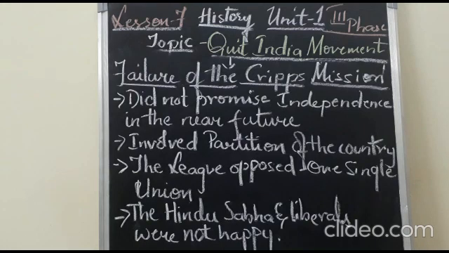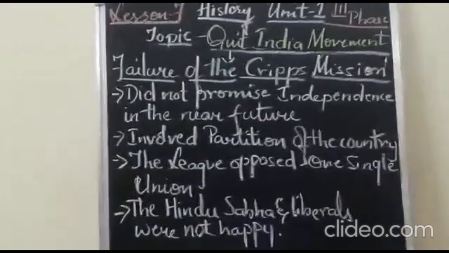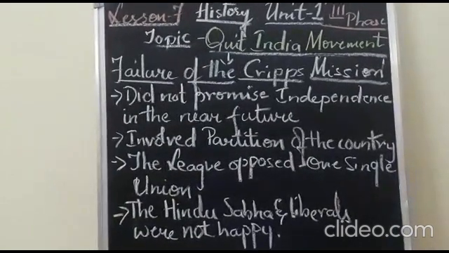The proposal did not approve or assure of a separate state called Pakistan. Why were the Hindu Mahasabha and the liberals against this Cripps mission? They were against the right of states to break away from the Indian Dominion, as it would affect the national unity and security